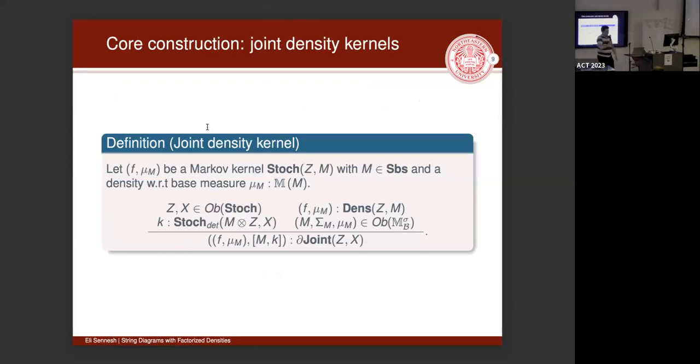So really, this is just a formal way of saying everything I just told you. You take your Z and your X, which are in Stoch. You take F and a base measure on its codomain. That's going to be in a semicategory, or sieve, of density kernels, I call them. You take your pushforward, which has to be deterministic. You make sure that your residual is a sigma-finite standard Borel measure space. It really is quite a mouthful. You package them together, great. Now you have a morphism in what's going to be a copy-delete category, Diff-Joint, between Z and X. That's it.